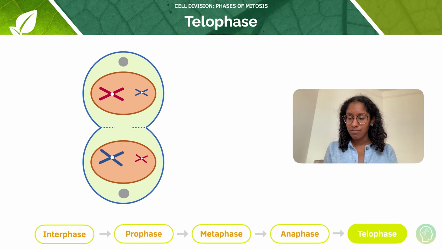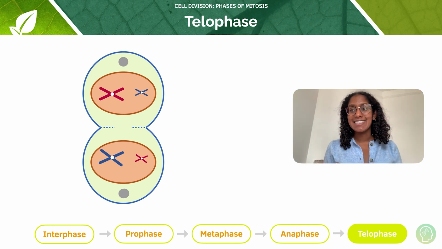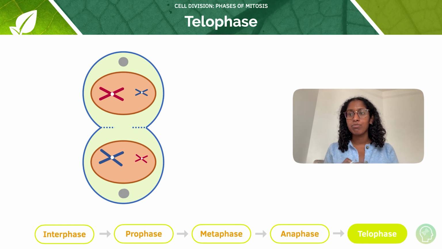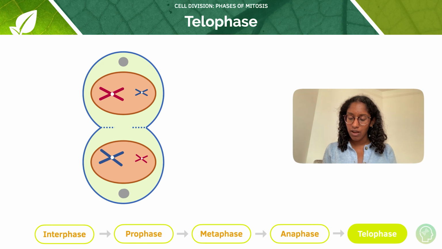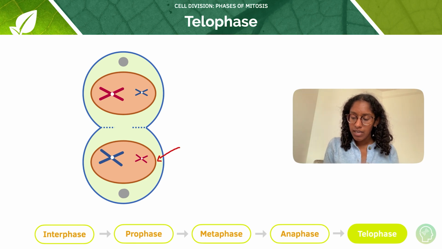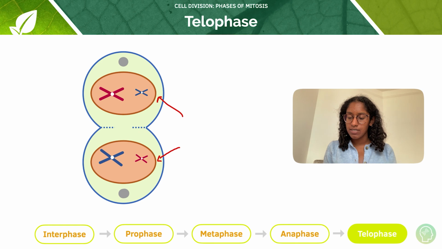So let's have a look at what comes after that. So then it's telophase. So the spindle fibres have pulled the chromatids to opposite poles of the cell, as you can see here. They're on opposite poles of the cell. The chromatids uncoil and can no longer be called chromosomes, and the nuclear envelope reforms around each set of chromosomes. So the cell now has 2 nuclei, you can see them here, each with a full set of identical DNA,